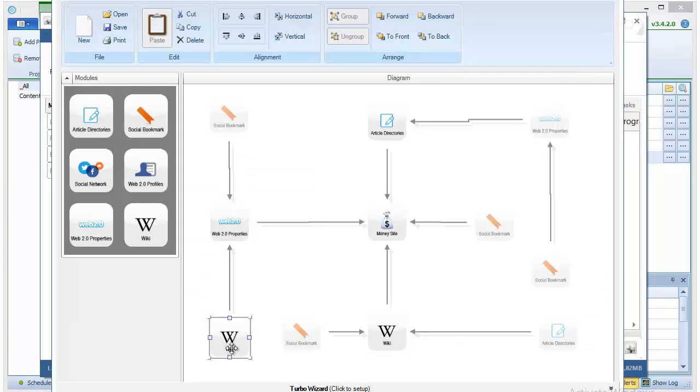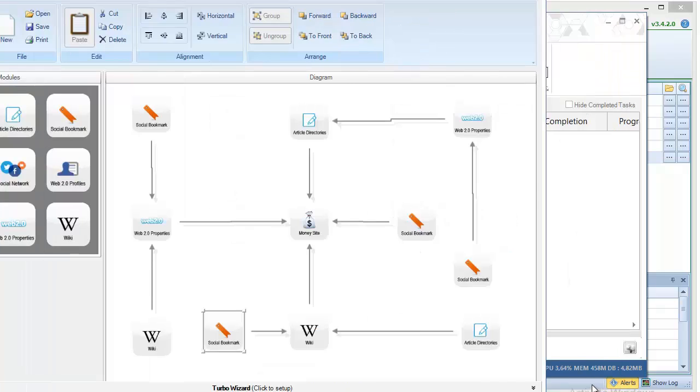And now I click finish, and now my tier 2 wiki submission is done. And now I'm going to pause this video so that I can set up all the other tier 2 campaigns. So I finished all of those,